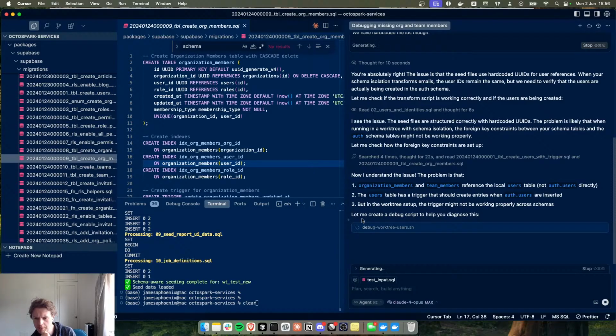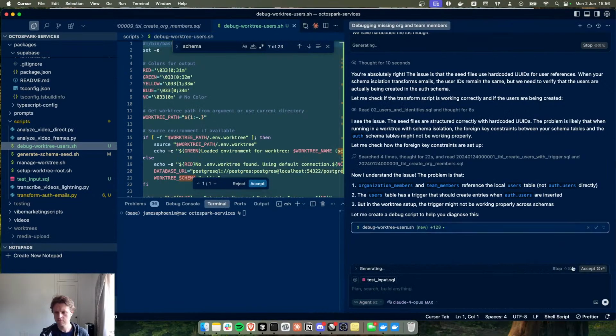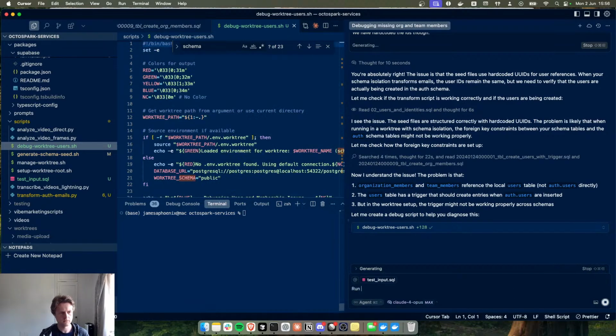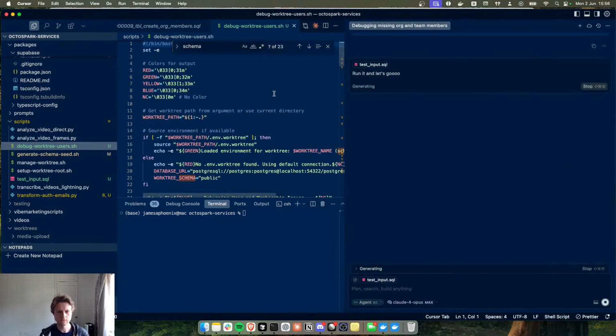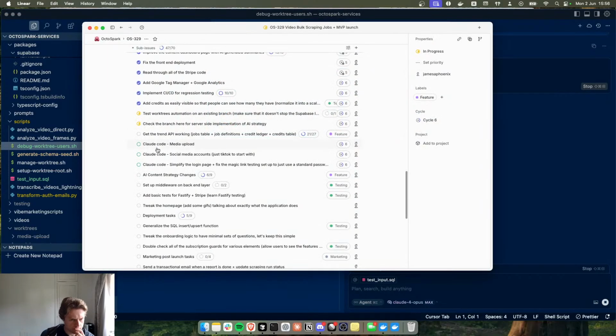The trigger might not be working properly across schemas. Interesting. Very interesting. Okay, I think we can, at this point, give